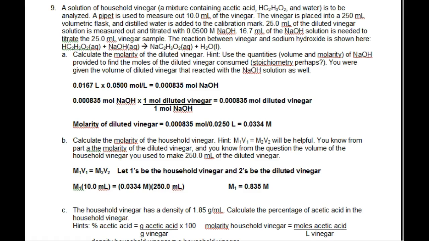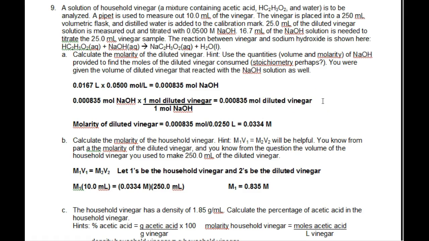You pipetted out 10 mils of the household vinegar and diluted it with water to 250 mils, and then you took 10% of that sample, 25 mils, and titrated it with 16.7 mils of 0.05 molar NaOH. So I can use the molarity and the volume of NaOH to give me moles. And because the balanced equation shows us there's a 1-to-1 ratio between the acetic acid and the sodium hydroxide,